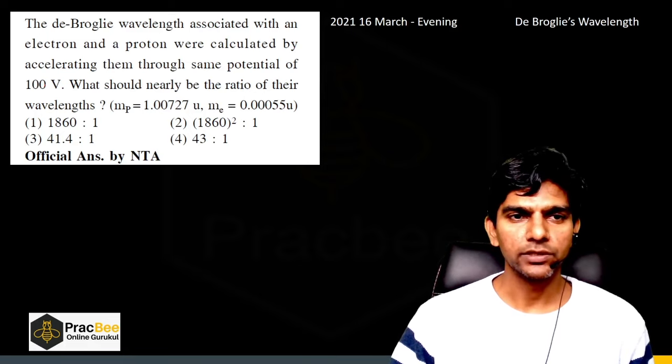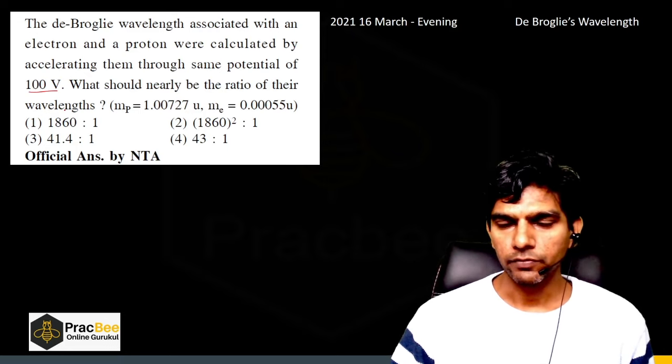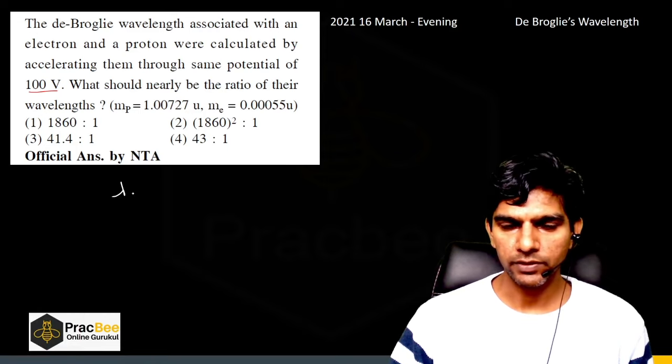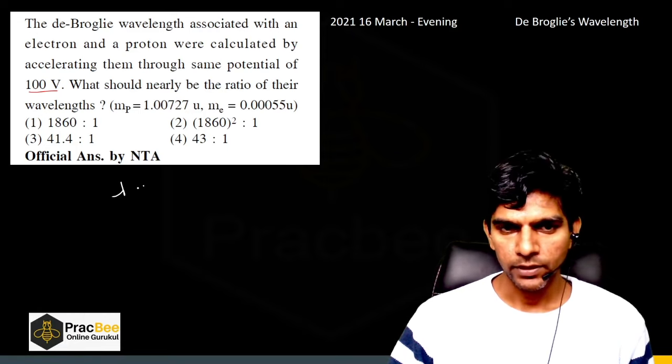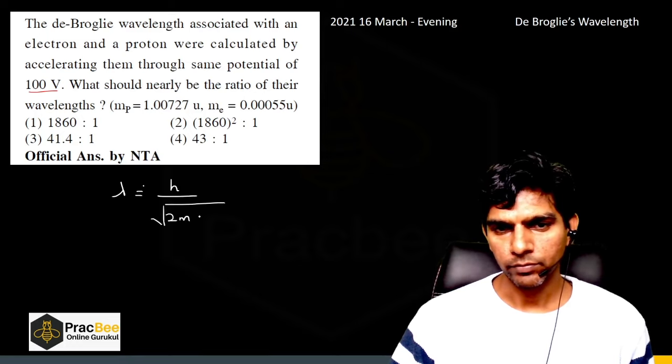So, next is the De-Broglie wavelength associated with an electron and a proton calculated by accelerating them through the same potential of 100 volt. What should nearly be the ratio of their wavelength? Okay, right. So, let us see what is the relation of De-Broglie wavelength in terms of potential. So, we know that lambda is h upon root 2mqv,